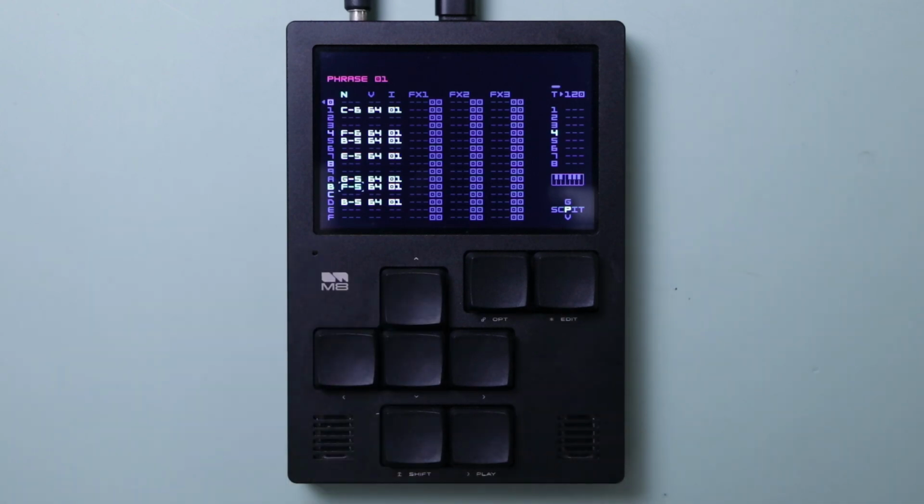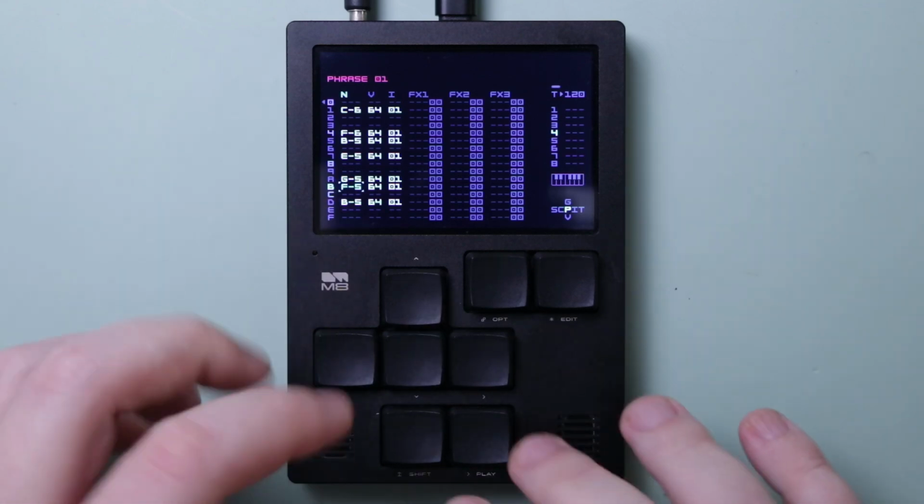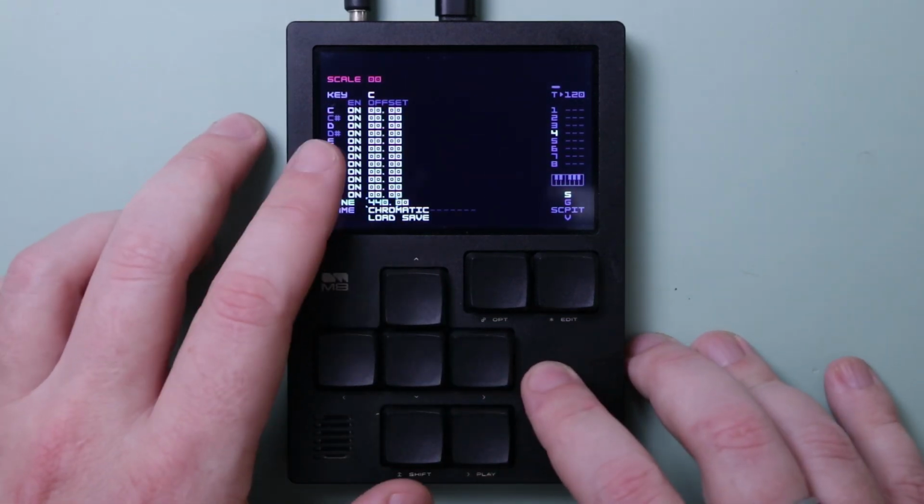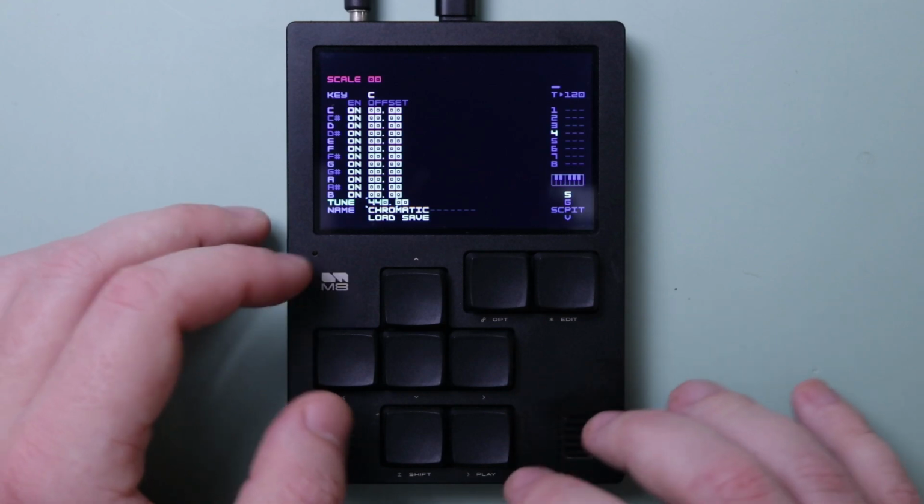And if you're not familiar, that's okay. The Mate does have some nice features on here that can help us sort of handhold our way through scales, and then we can construct chords, and everything's going to sound nice together, because right now it's set up in a chromatic scale. So if you double tap up holding Shift, you'll get into this scale editor view, and there's